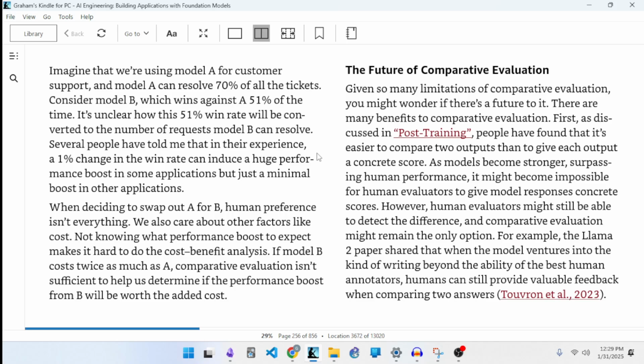Future of comparative evaluation. Given so many limitations of comparative evaluation, you might wonder if there's a future to it. There are many benefits to comparative evaluation. First, as discussed in post-training, people have found that it's easier to compare two outputs than to give each output a concrete score. As models become stronger, surpassing human performance, it might become impossible for human evaluators to give model responses concrete scores. However, human evaluators might still be able to detect the difference, and comparative evaluation might remain the